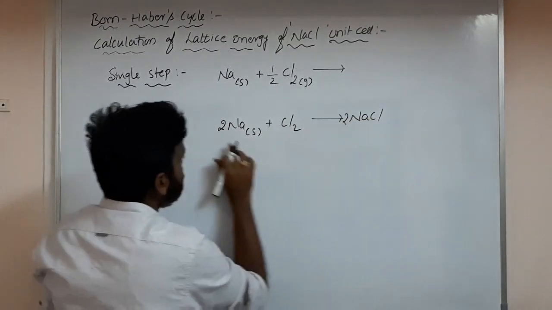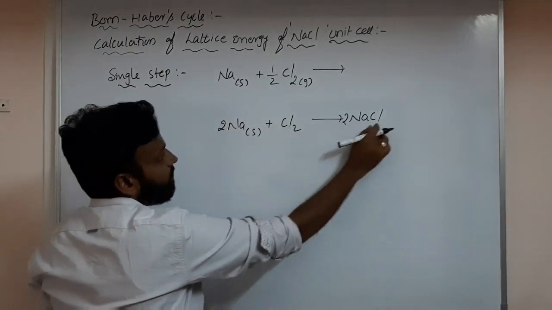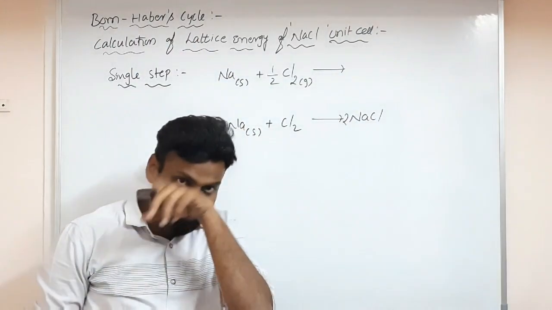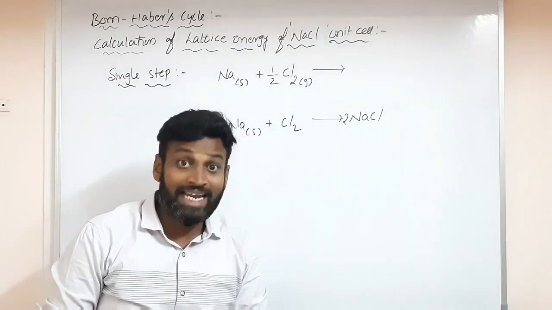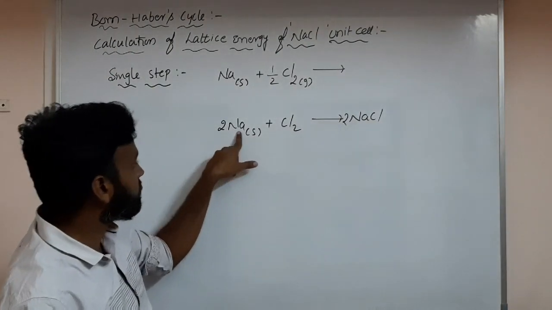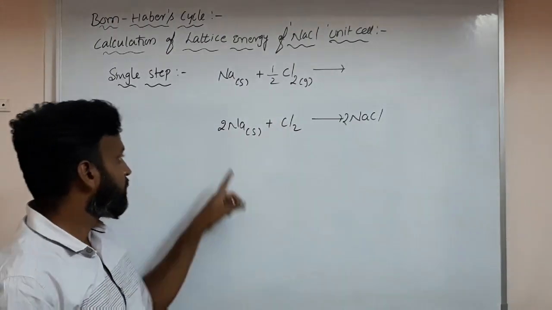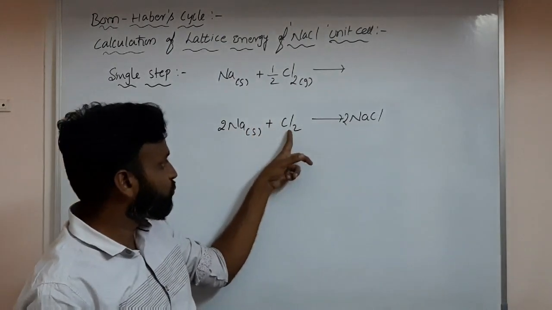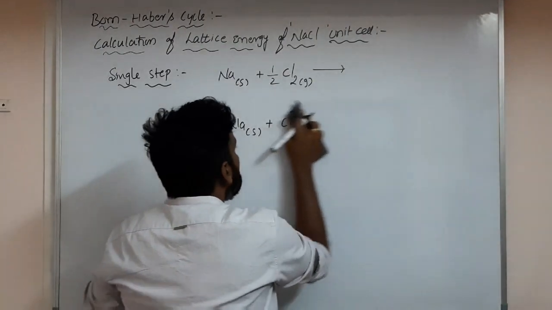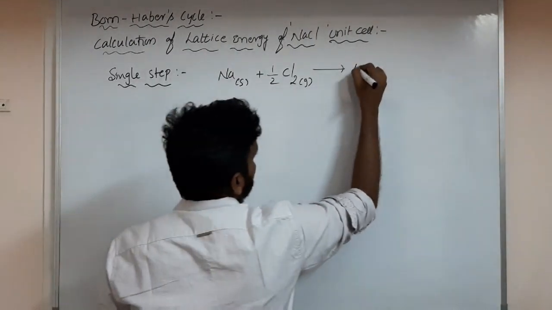If you divide by 2, you get Na, 1 by 2 Cl2 and 1 mole of NaCl, because we have to calculate lattice energy per 1 mole. If you take 2 moles of sodium and 1 mole of chlorine, you get 2 moles of NaCl, because 2 sodiums will combine with 2 chlorines. But you need just 1 chlorine because you are calculating lattice energy per mole. So 1 mole of